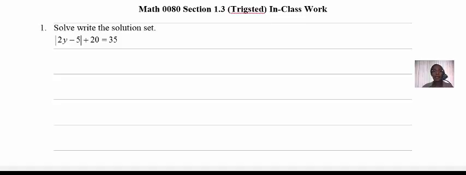Let's take a look at problems from section 1.3. And the first one we want to look at is an absolute value equation. Now, one of the things we want to talk about before we start the problem is the fact that